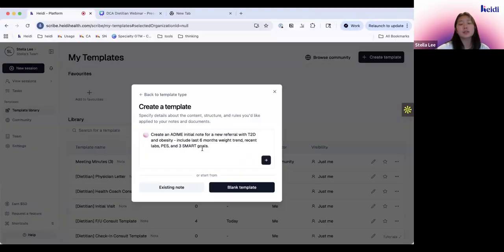dietitians. So I can ask it to create an ADIME initial note for a referral with T2D and obesity. Include last 6 month weight trend, recent labs, PES, and 3 SMART goals. Obviously this is way too specific. I can just say it like this, and then I can ask it to create a template from here. Yeah, so you can really play around with it. And then once I hit this,